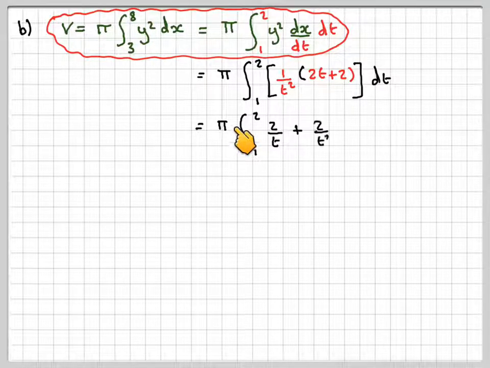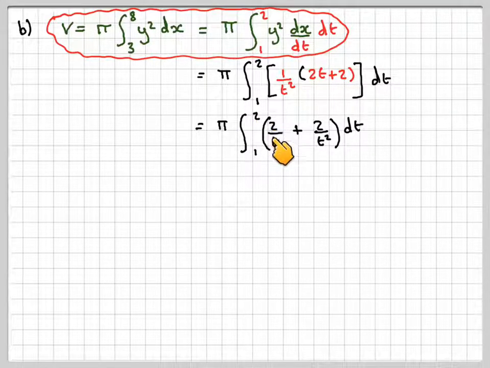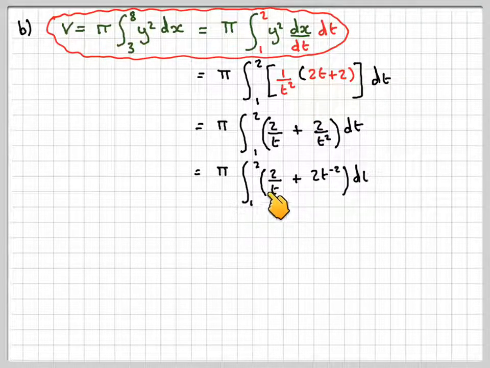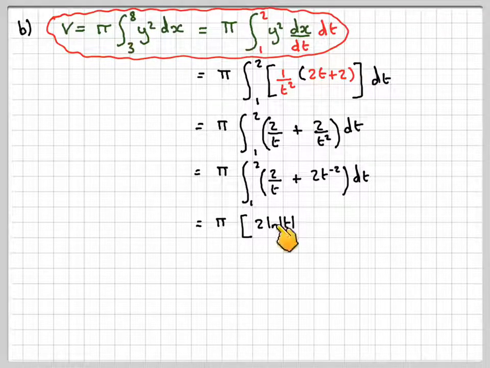So that's going to be pi from 1 to 2 of 2 over t, if we multiply 1 over t squared into this, and then 2 over t squared. So it's going to be pi from 1 to 2, 2 over t squared. This is 2t to the minus 2 dt. The first part of the integral is going to be pi times 2 times ln of t,